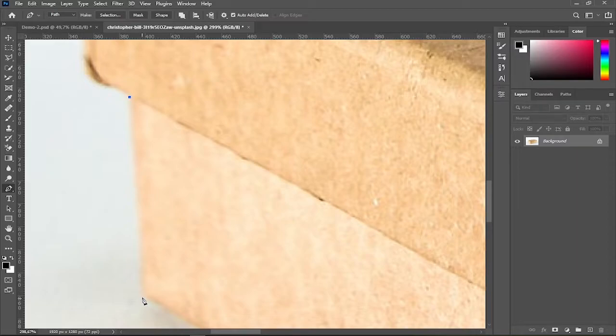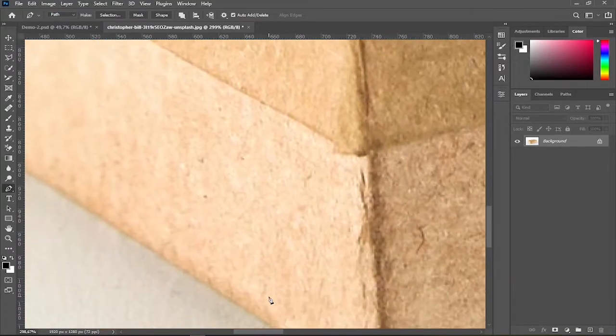So when you are going to trace a curved corner like this, click the first curved end to make the next anchor point. Then click and hold your mouse left button at the last curved end while dragging it until the tracing line forms a curve like this. Then, to continue the tracing to a straight edge, press and hold the Alt key while clicking the curved end's anchor point, and then continue tracing again as usual.